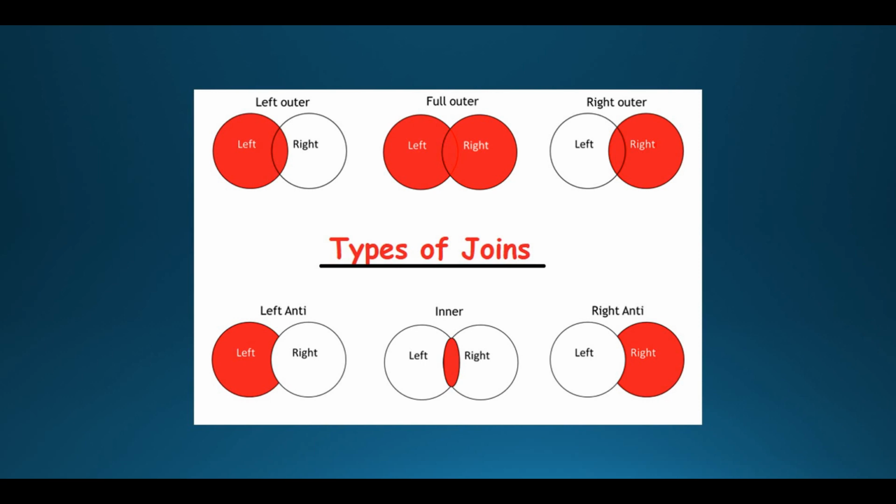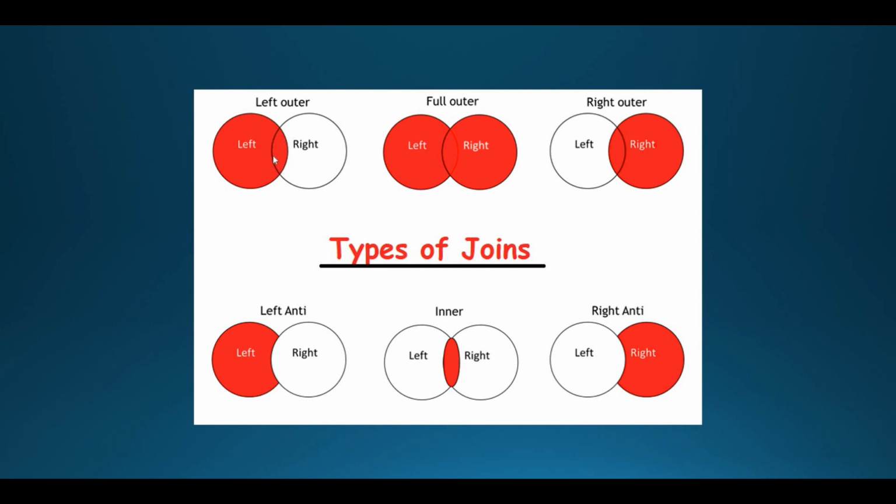So first, let's come to the left outer join. Left outer join is nothing but left table, and right join means it is basically the reference. Right means right table, left means left table. And in this case, since it is called a left outer join or left join, it means that we are getting all the records from the left table and the records which are also present in the right table, this particular